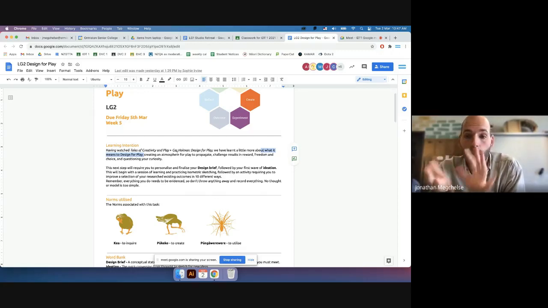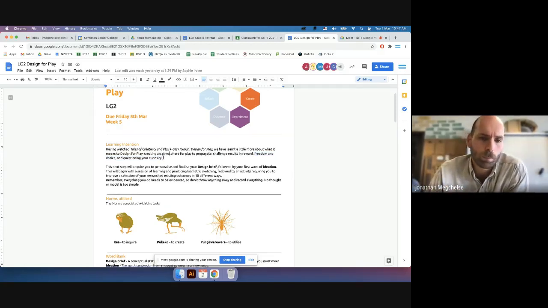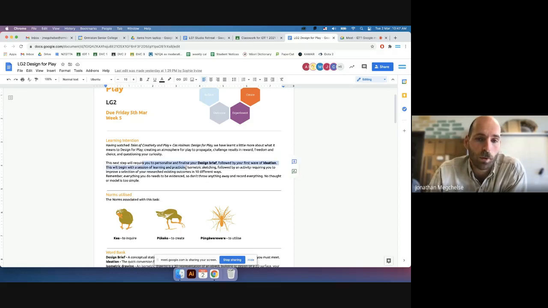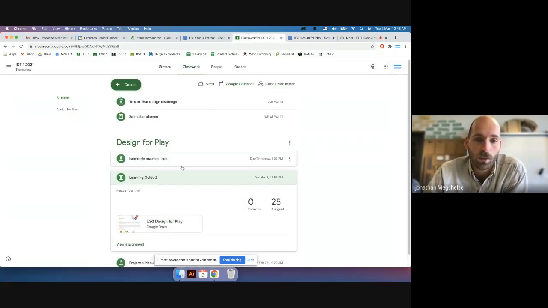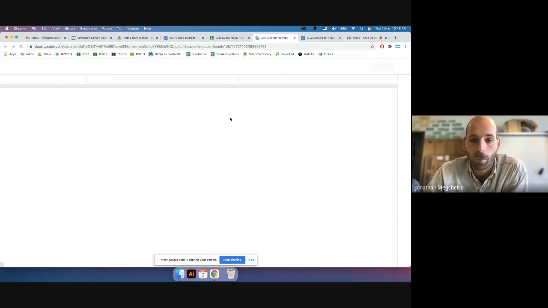Challenges result in rewards. Freedom and choice are very key, and questioning your curiosity. That means you're curious as to why something happens some way, which causes you to learn more, and the snowball continues. The next step will require you to personalize and finalize your design brief, followed by your first wave of ideation. So in the previous learning guide, we have the research,